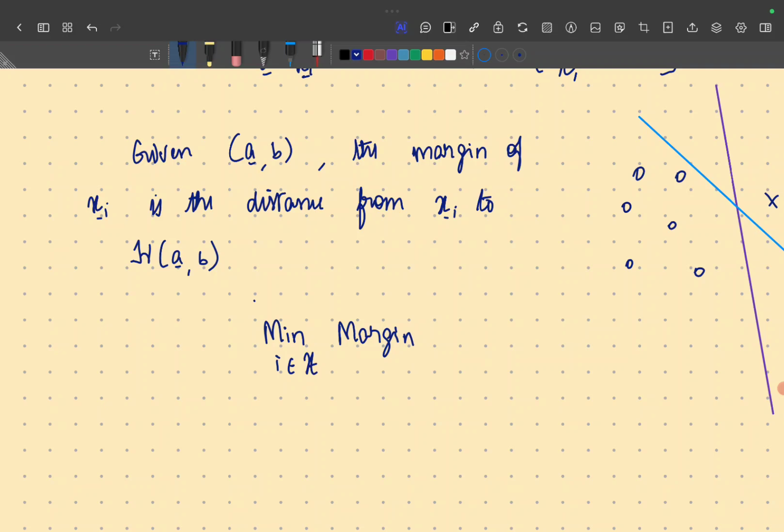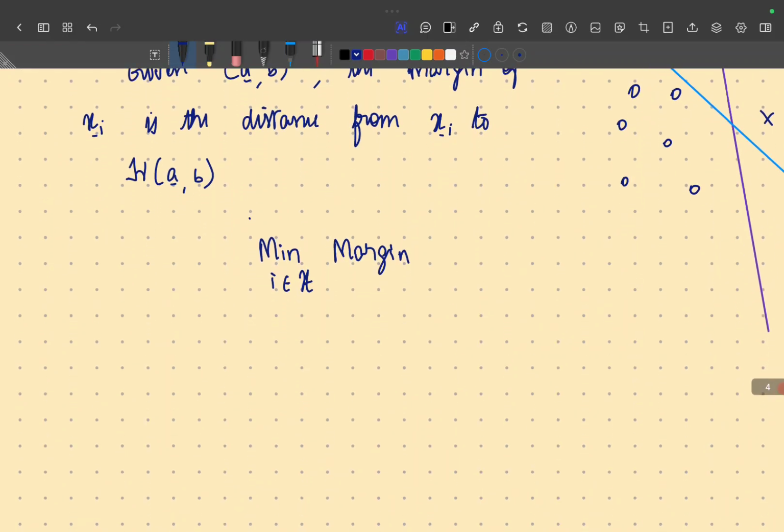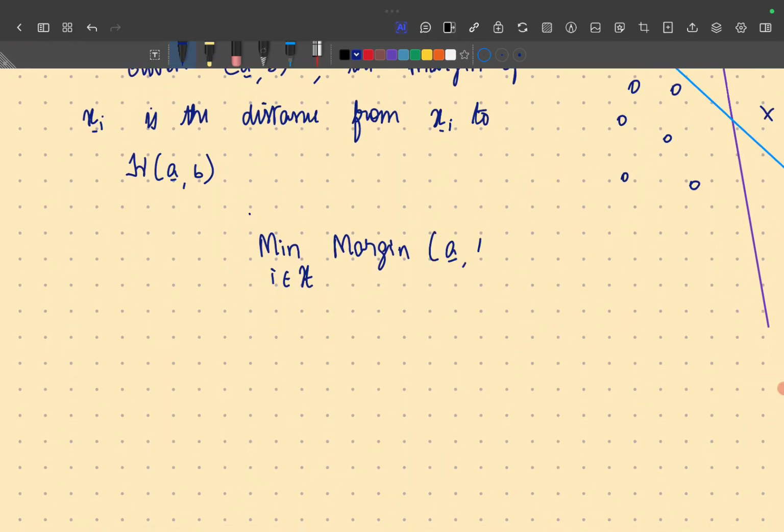This is the margin for a given (a, b), a given hyperplane, and I want to choose that hyperplane for which this quantity, the minimum margin, is as large as possible. So I want to maximize the minimum margin. Of course, all of this is subject to the constraint that (a, b) separates